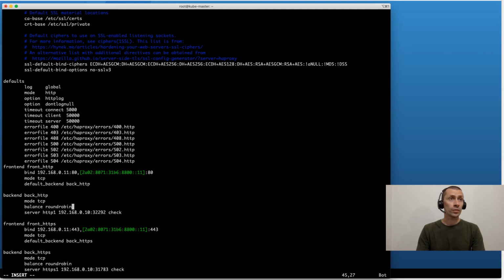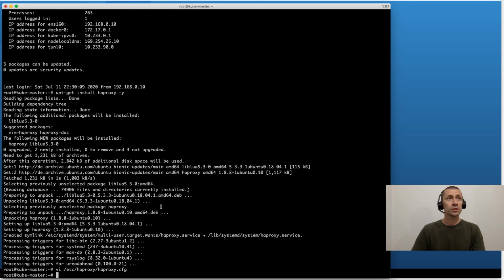So for the backend HTTP, we will need to put the data from the node port regarding port 80. In this case, it will be this one. I will show you a bit later where I got this information. And for HTTPS, it will be this one.